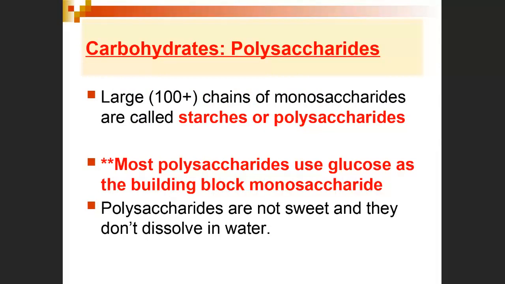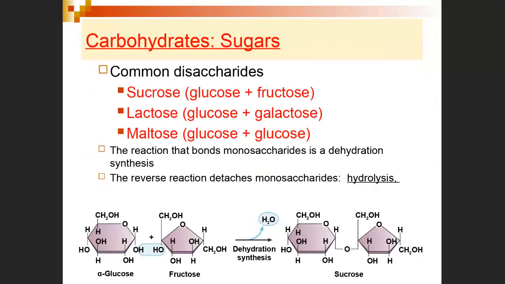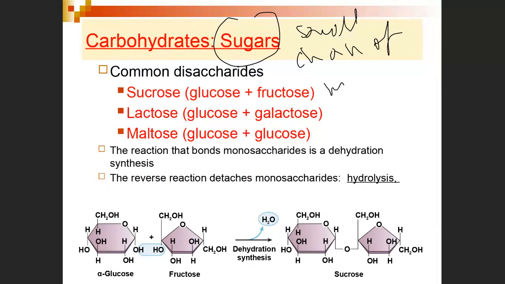And then these monosaccharides could make 3 carbon sugars or 4 carbon sugars or 10 carbon sugars or 20 carbon sugars. This is what we call sugars. Sugars are the small chains, if you will, of monosaccharides, even though some of them could be rings, but okay, chains of monosaccharides.